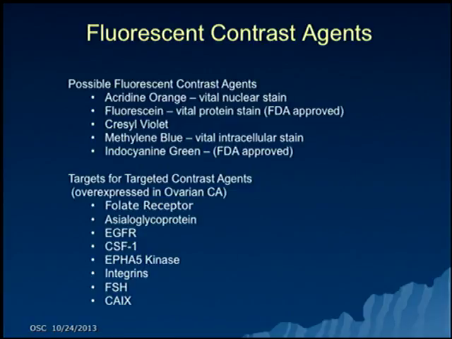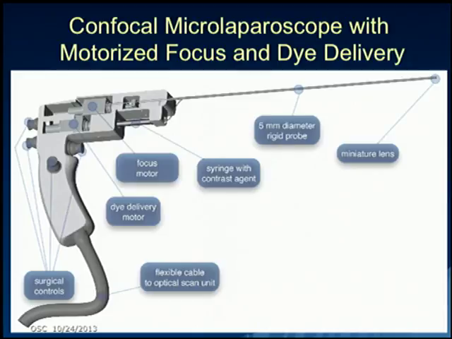The other thing is that many diseases have changes in the biochemistry, such that there are often changes on the cell surface that are upregulated receptors. For example, the folate receptor is overexpressed in ovarian cancer. So you can make an antibody to folate, or something that will bind to the folate receptor, a ligand, and attach a fluorophore, any of the safe ones like fluorescein, to that molecule and make a targeted contrast agent that can preferentially go to disease and help you locate and visualize what's happening. That's an important area, but I won't say too much more about it.